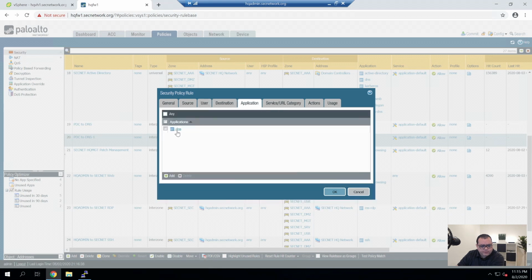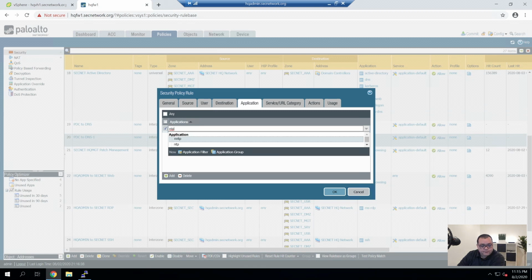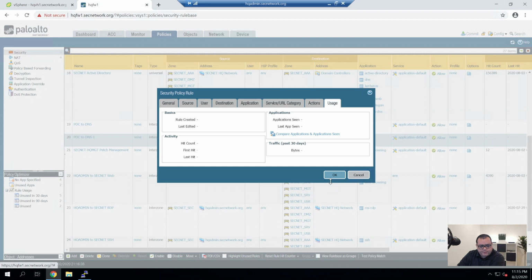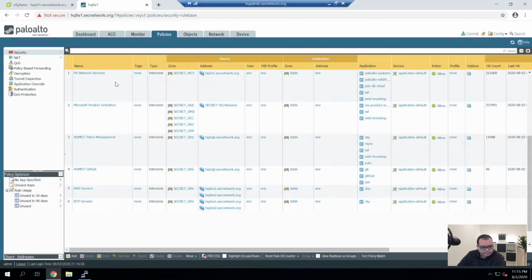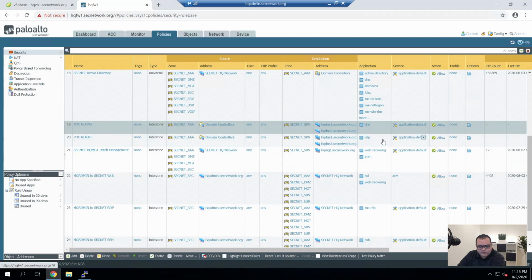And then we change the application to NTP. Alright, and we'll leave the rest as it is. So there's our 2 new rules for DNS and time.